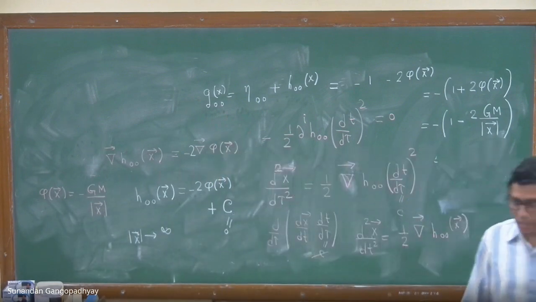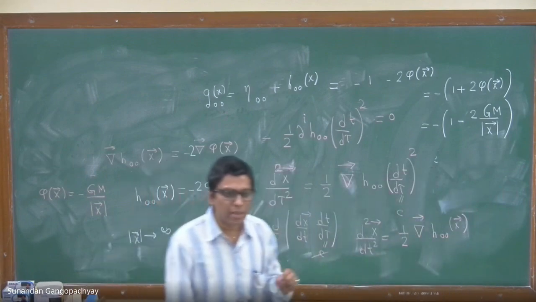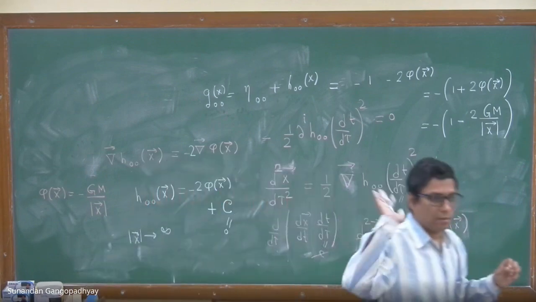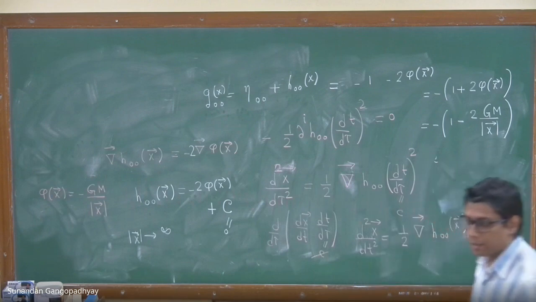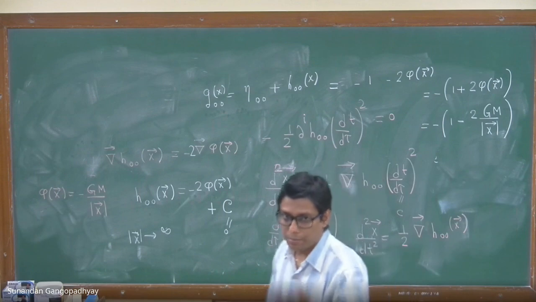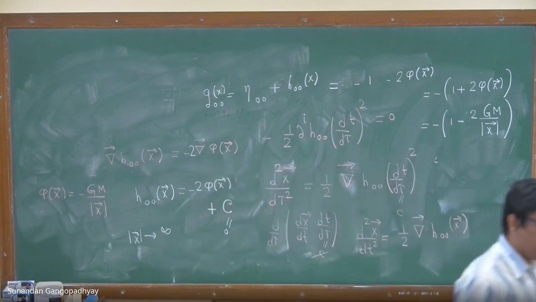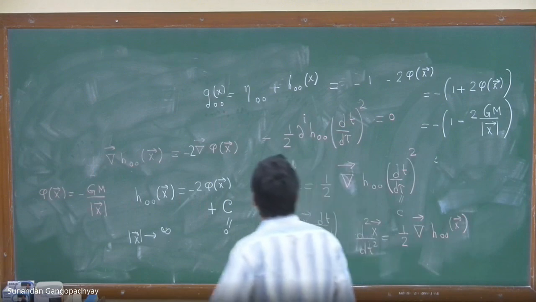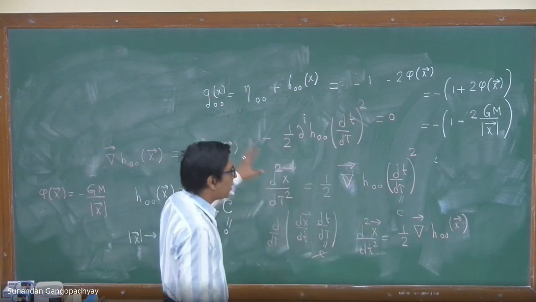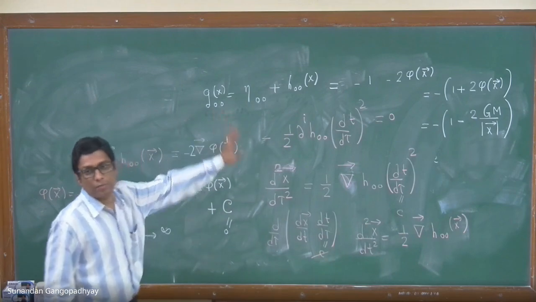Obviously, the geodesic equation is a dynamical equation, but it is for a particle moving in a background geometry. I give you a geometry, so it is like the geometry tells the matter how to move. If I give you a geometry, then you know how the particle will move in that geometry, and that is given by the geodesic equation. So from that equation, comparing with Newton's theory, you are able to get one of the components of the metric immediately,